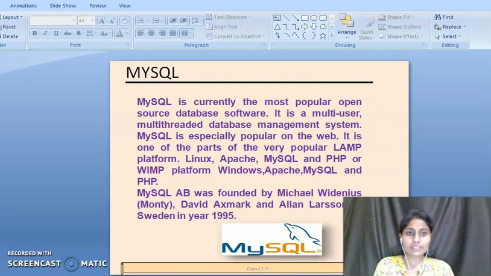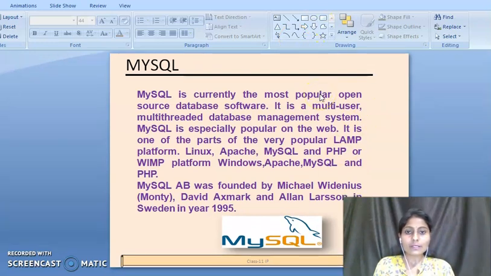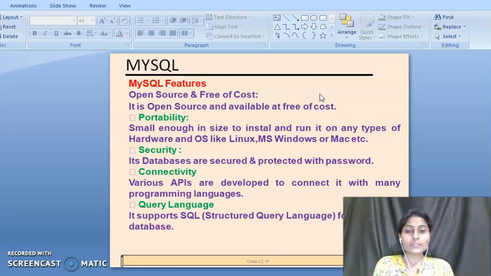After introducing MySQL, we will introduce the features of MySQL. What are the features of MySQL? The very first feature of MySQL is that it is open source and free of cost. Already I told you that MySQL is open source database software.